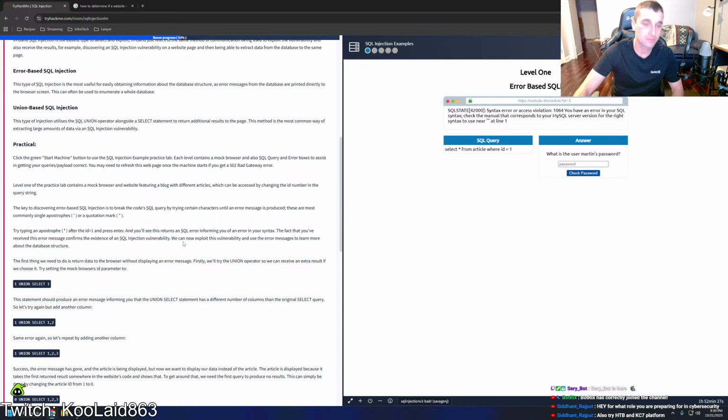We can now exploit this vulnerability and use the error messages to learn more about the database structure. The first thing we need to do is return data to the browser without displaying an error message. Firstly, we'll try the union operator so we can receive an extra result if we choose it. Try setting the mock browser's ID parameter to